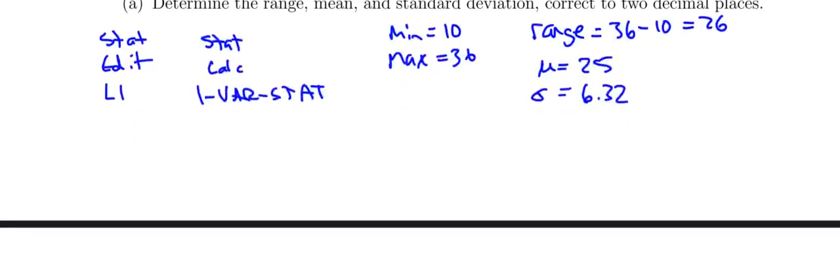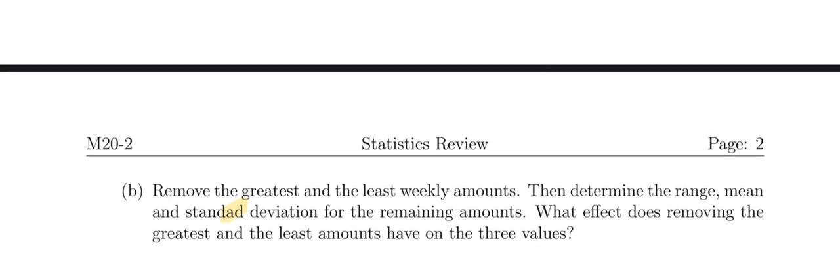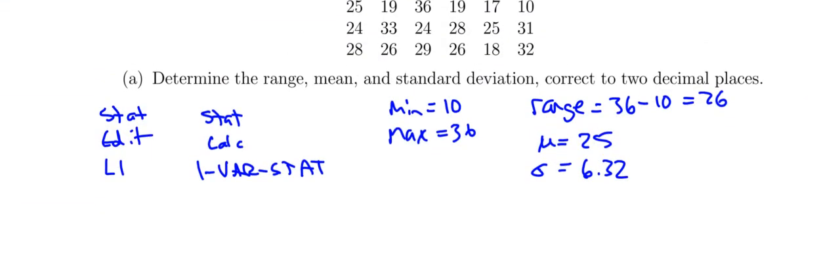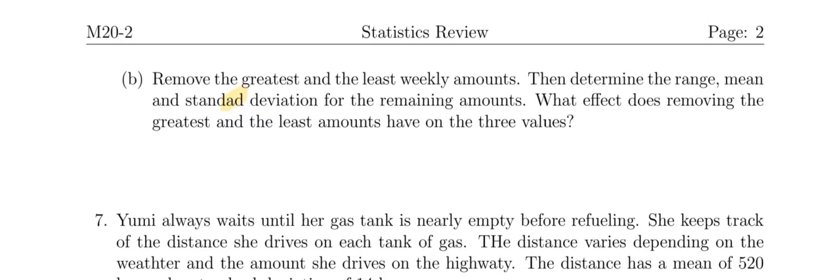Now, the next part of this question says, if I remove the greatest and least values, okay, so I'm going to do the same thing here, but I'm going to get rid of the greatest and least values. And the greatest and least values we can see right here, if we go back to our max and our min, that's our 10 and 36. If we get rid of those and then do this calculation again,